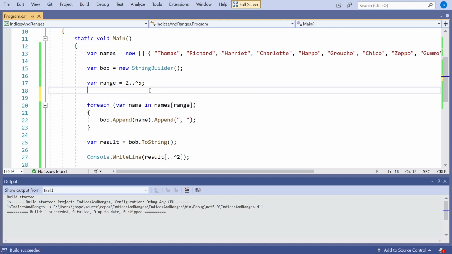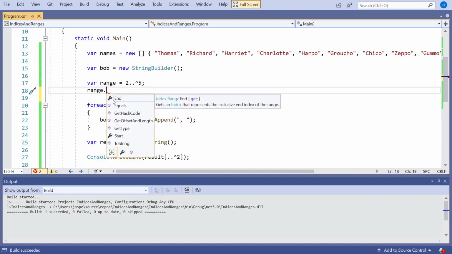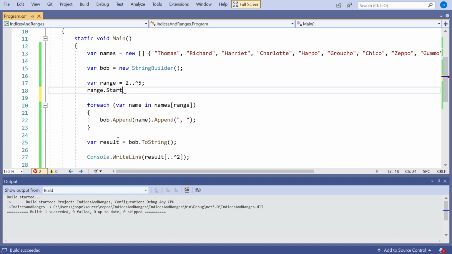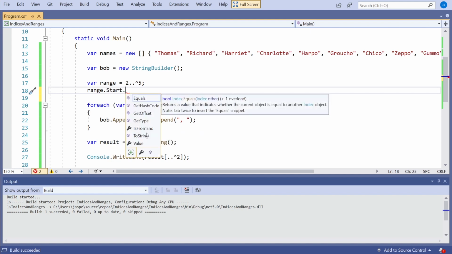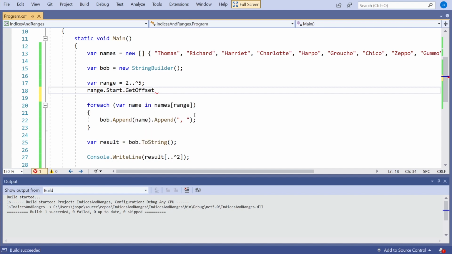Once we've got something like a range, you can see that if I look at that, it's got the Start and the End, which are the 2 indexes. If I look at, say, the Start, so that's an Index, you can see that it's got a Value and it's got an IsFromEnd. So that's that Boolean flag we set up. And then you'll also see it's got this thing called GetOffset.